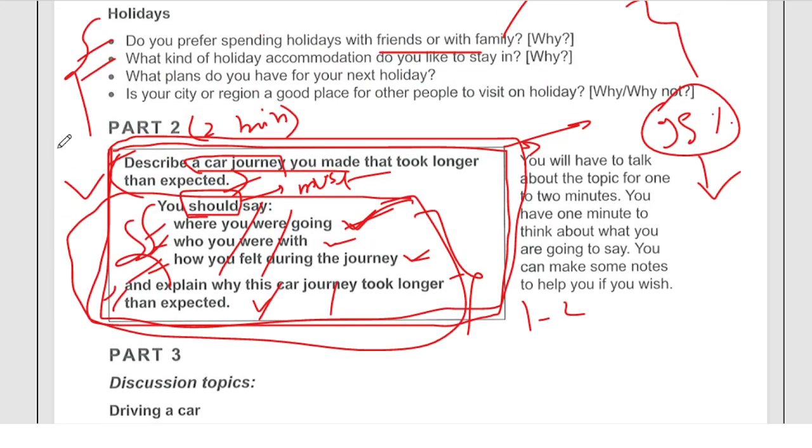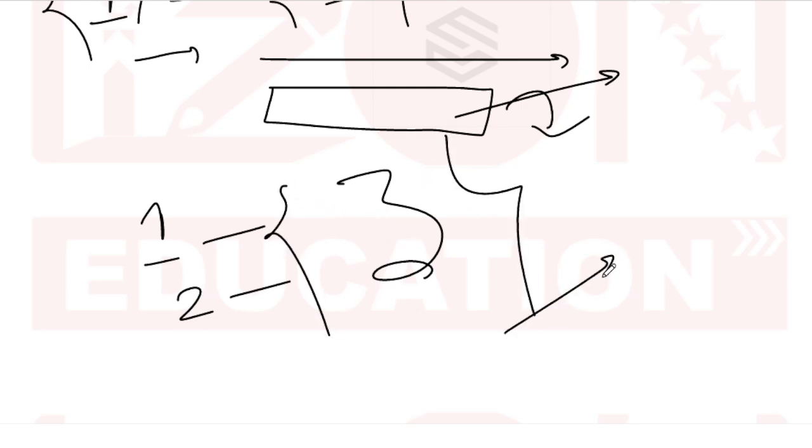But in part 2, the teacher has nothing to do for 3 minutes: 1 minute for your preparation and 2 minutes when you talk. For those 3 minutes, the teacher has nothing to do but listen to you. So the teacher will just be idle and listen to you, which means the teacher will have more opportunity to judge you.